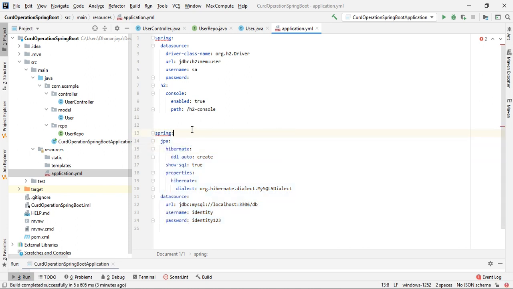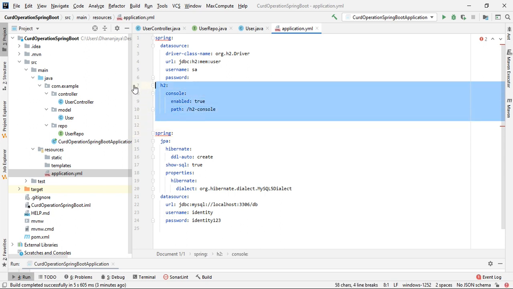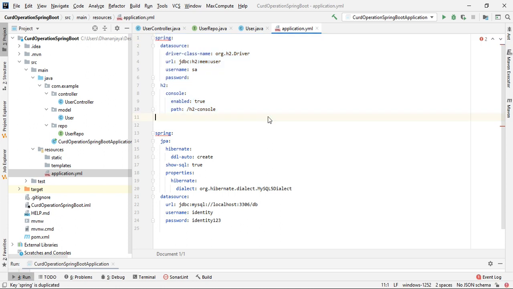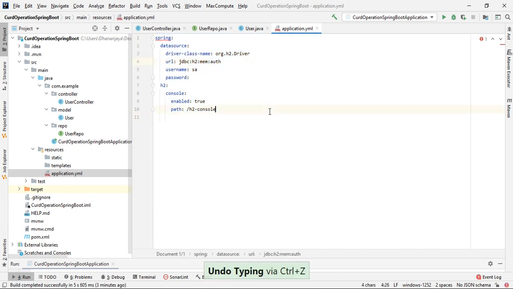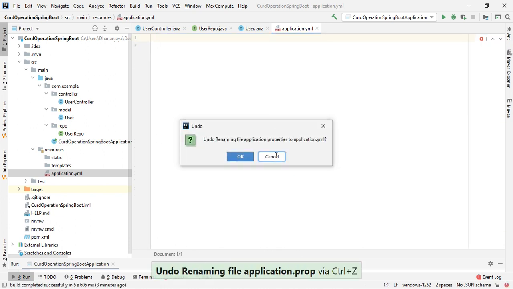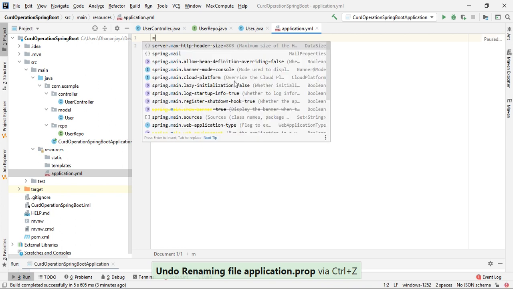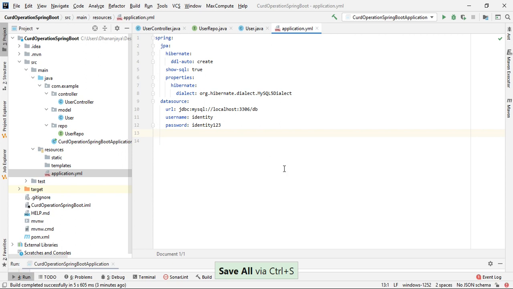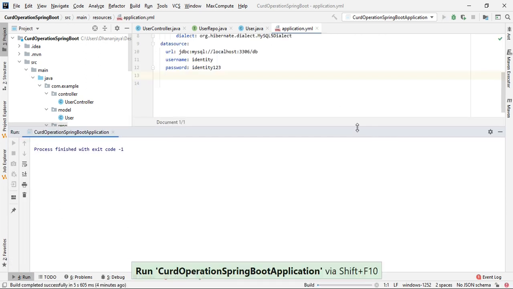So there are small changes. You can do it manually, or you can set up a live template. Let me start the MySQL. Yeah, MySQL is added here. Let me start the application.